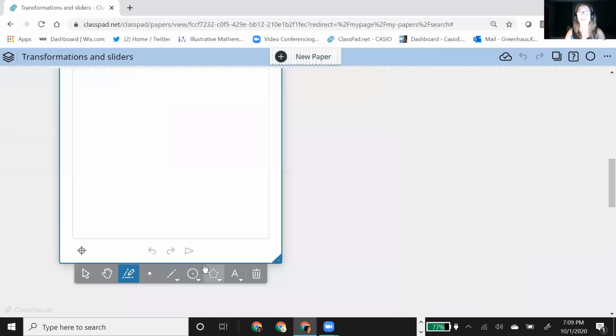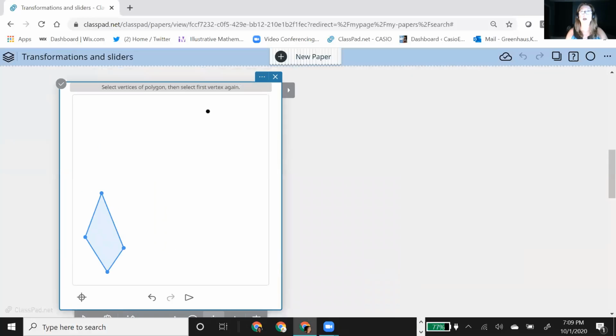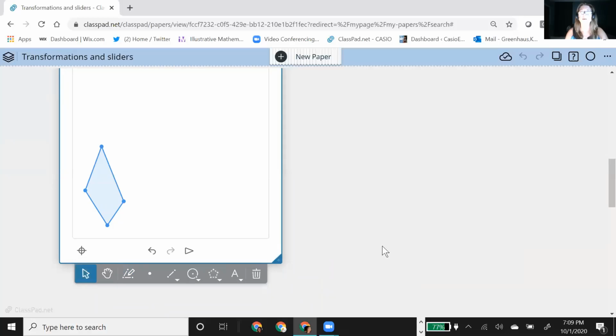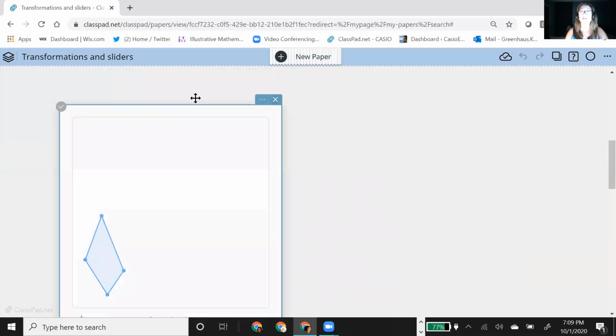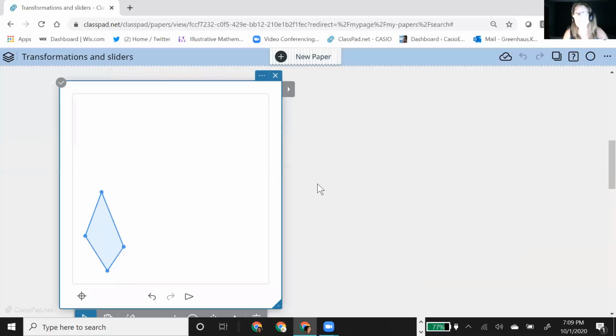That's what I want. And now I'm just going to make a shape. It doesn't really matter what shape I make. I'm just going to use my polygon tool and make a shape. Let's not make a triangle because I tend to use those often. We'll make a quadrilateral. So I want to just show you how easy it is to use sliders in geometry as well, and how it can really make students' discovery a lot more. Instead of just giving them the definitions and the properties, they can actually explore using the sliders and come up with those on their own.